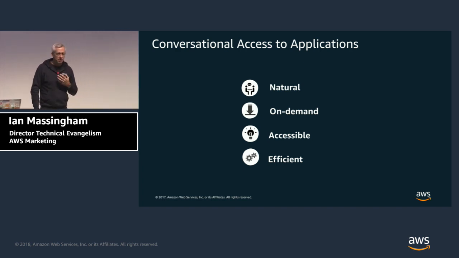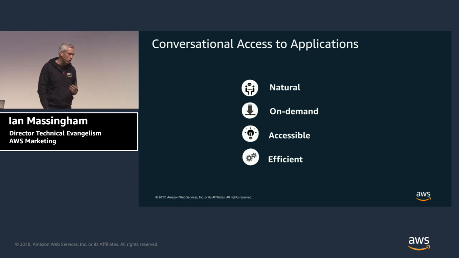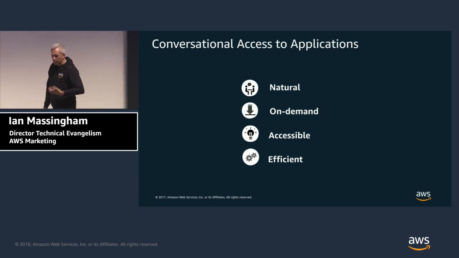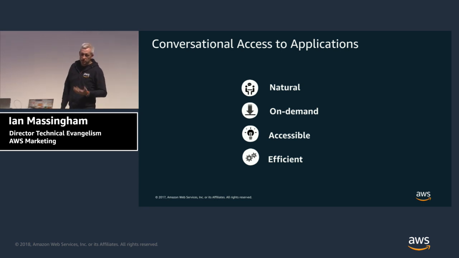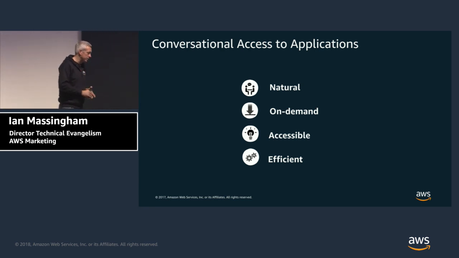They should be self-documenting or guide the user through the experience in a dynamic way so that we don't need to train or even familiarize our customers or users with what our applications require in order for them to be used effectively. Of course, they're in the locations where our customers are present. In the case of special purpose devices like the Amazon Echo, they're in the home or in the car, depending on what kind of device you're using.